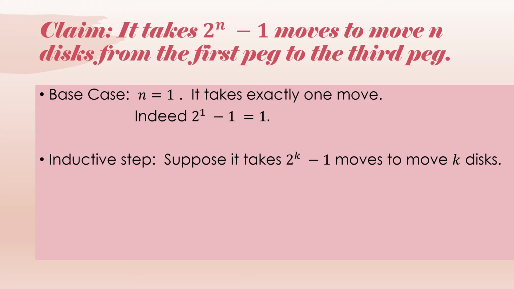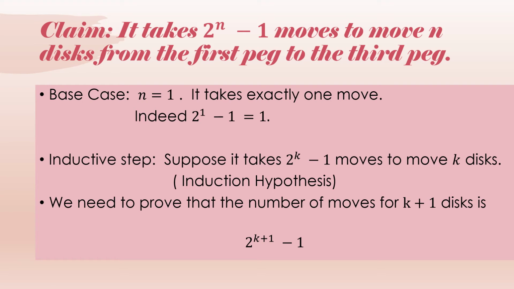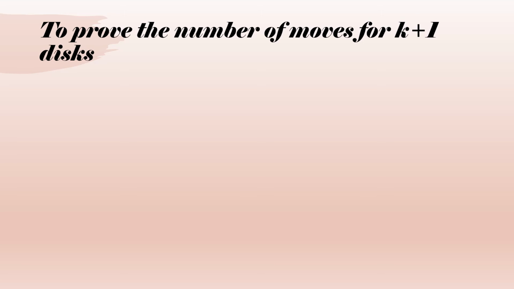For the induction step, we need the inductive hypothesis. That is, let us suppose that this is true for k. That is, let us assume that it takes 2 raised to k minus 1 moves to move k discs from the first peg to the third peg. Now we have to prove this for k plus 1 discs, which is 2 raised to k plus 1 minus 1. So in order to prove the number of moves for k plus 1 discs,